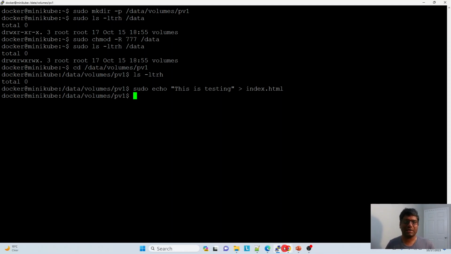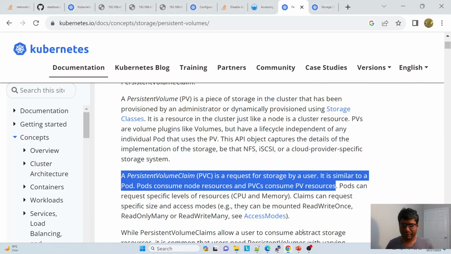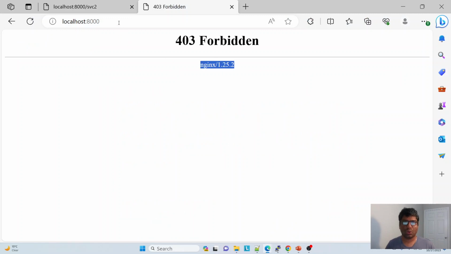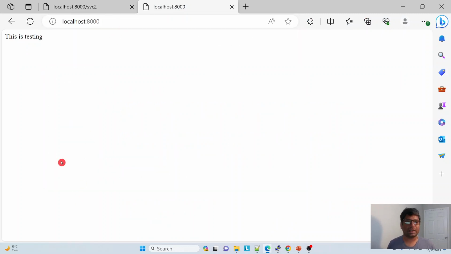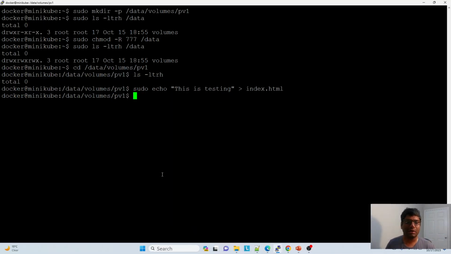Now I have placed the content. Now I wanted to show you whether the content is going to render. This is testing. That means I did not place it in the actual container,